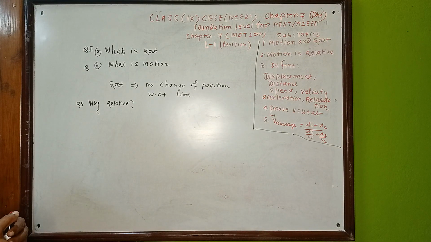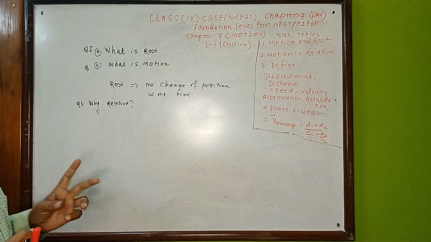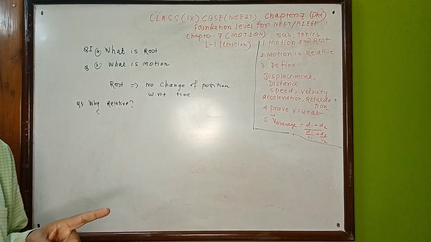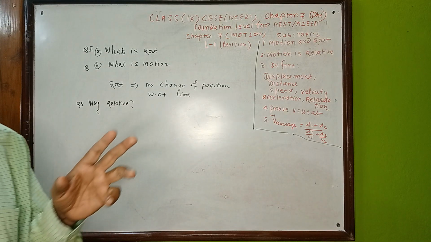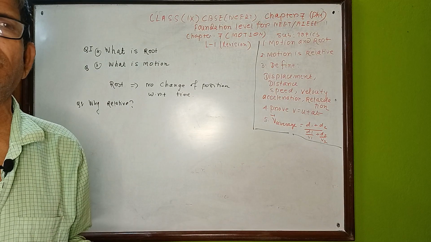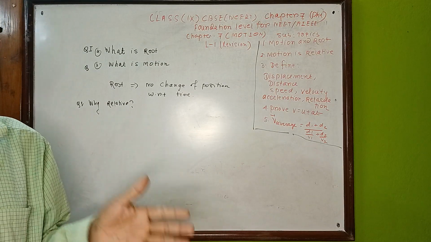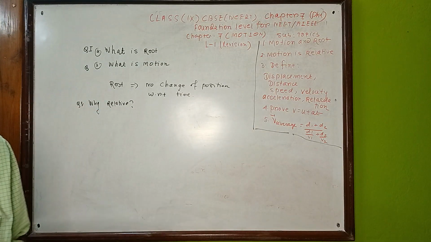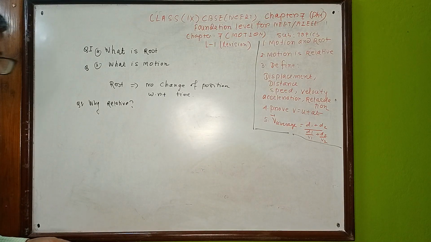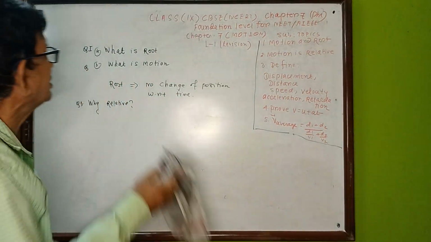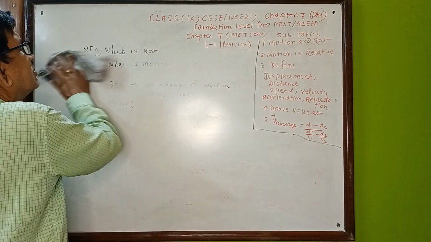Clear? So again I am repeating, motion is change of position with respect to time, and rest means no change of position with respect to time and with respect to the observer. So this is the condition, motion and rest. Now motion is relative, already I have told you, it depends on where you are observing from. If there is a relative motion, then the second body will be in motion, although it is at rest, but from that point of view the second body will be in motion. Clear? Next I am going to define different important terms